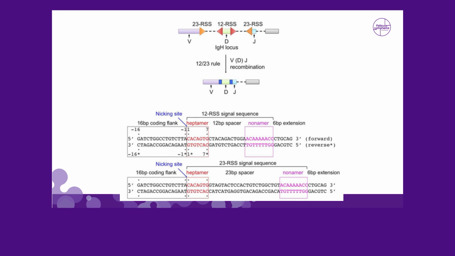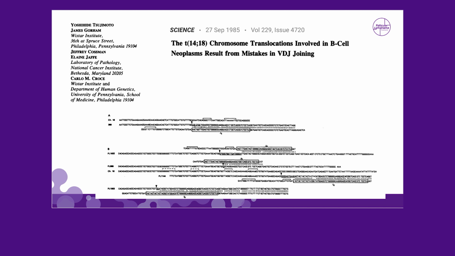The spacer can be of about 12 base pairs or 23 base pairs. And this is the key to the machinery of VDJ joining. What they found is that you expect to have these signals in chromosome 14, where the immunoglobulin heavy chain genes are located. But interestingly, you see that also in chromosome 18, in the vicinity of the BCL2 gene, there is